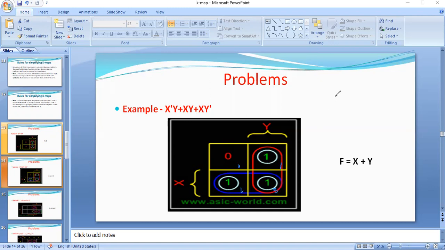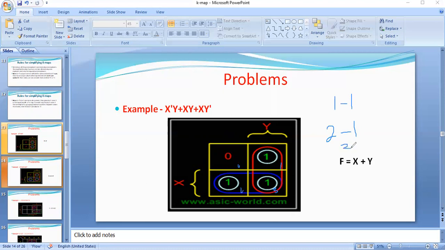Okay. So for minterm 1, what is the number of adjacencies we have? 3 is adjacent, 0 is also adjacent, but in 0 we have no 1. So the number of adjacencies for minterm 1 is only one, that is 3. Next, for minterm 2, the number of adjacencies is 1. Only 3 is adjacent to 2.